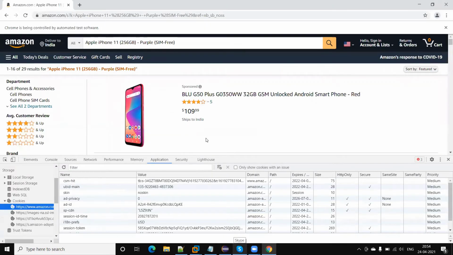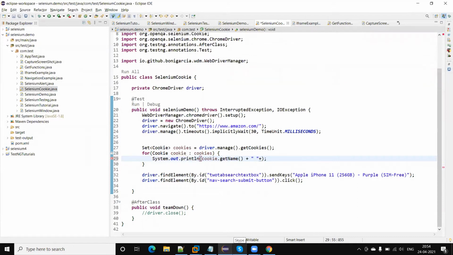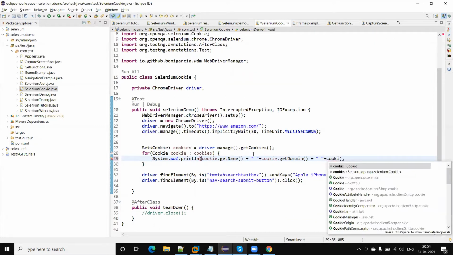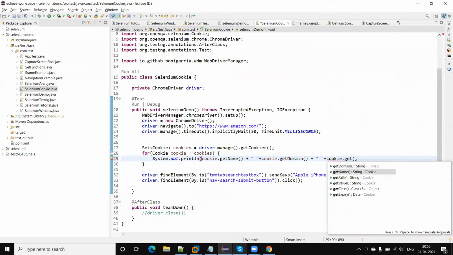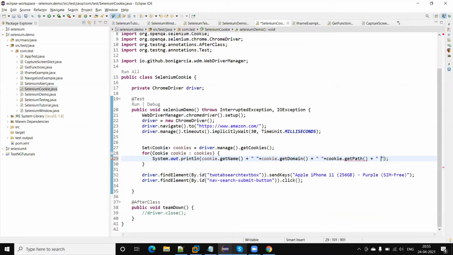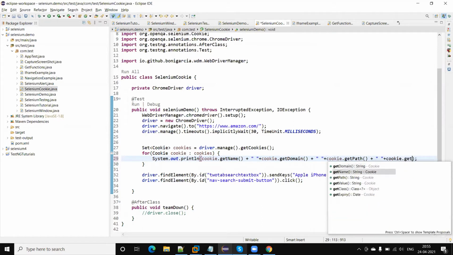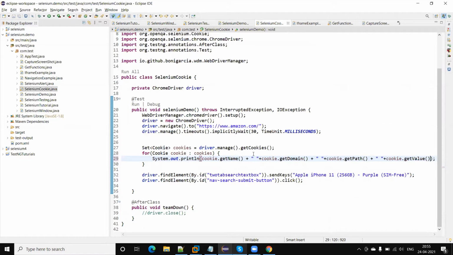Then cookie.getDomain, cookie.getPath, and getValue. So I'm printing all these four values. Now let me run.